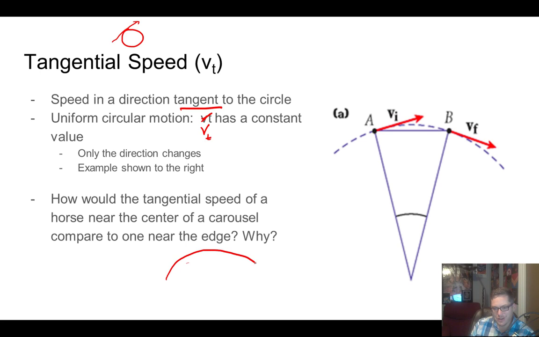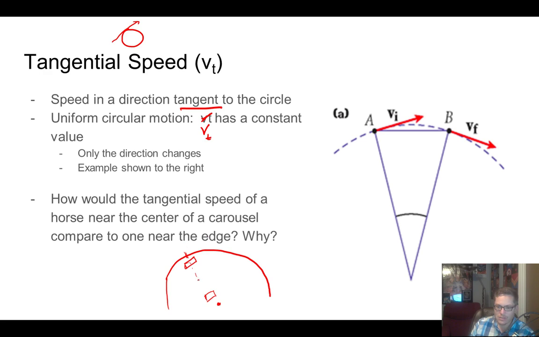I really suck at drawing, so I'm kind of avoiding it, but it's just what it's going to have to be. Say you're a kid on a horse over here, and the center of your carousel is right here, and then there's another kid on the same type of horse, but towards the center. Now you know that this carousel is going to be traveling, so that this point here is going to travel all the way around the circle in an equal amount of